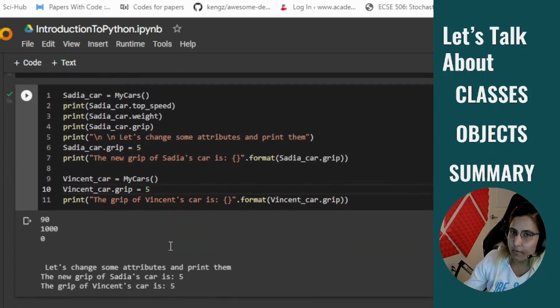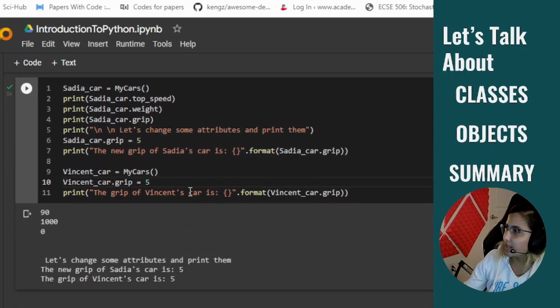So when we print, it prints that the grip of Vincent's car is 5. I did it in 2 lines. What if I want to change some other attribute also? Car's weight. I will write another line to change car's weight here, right? So if I want to change all the attributes, I will write as many lines here to change those attributes, right? But if I told you there's a better way,